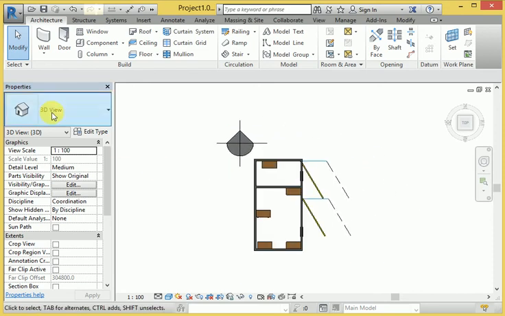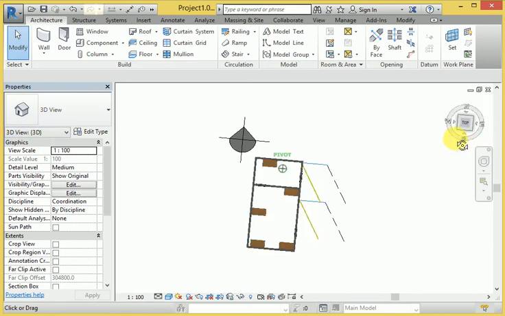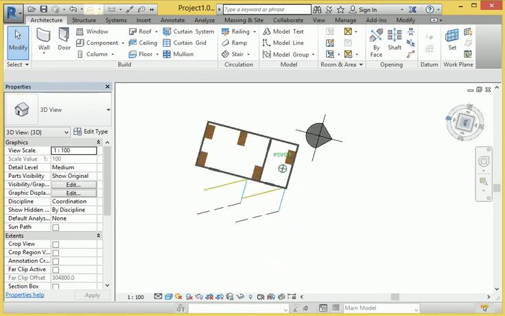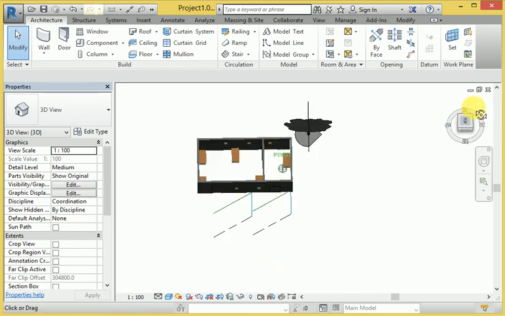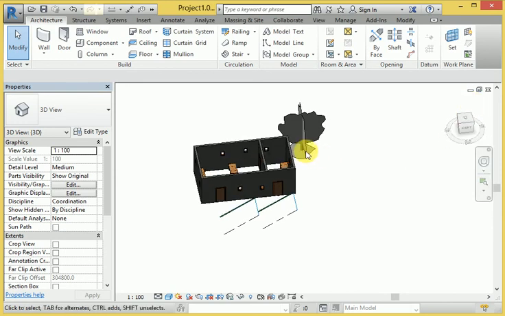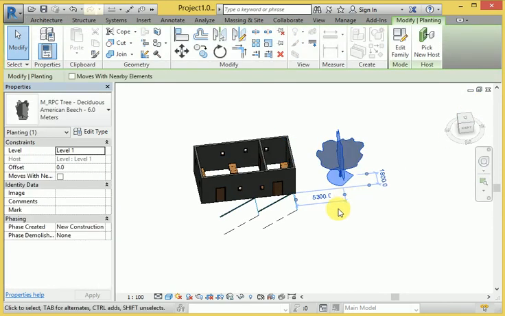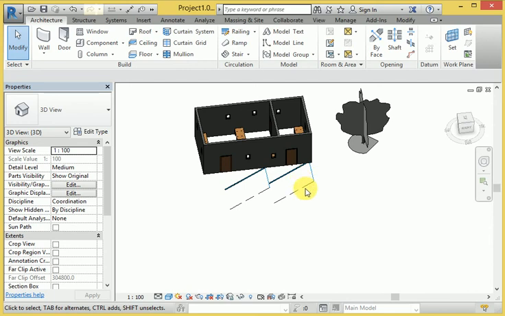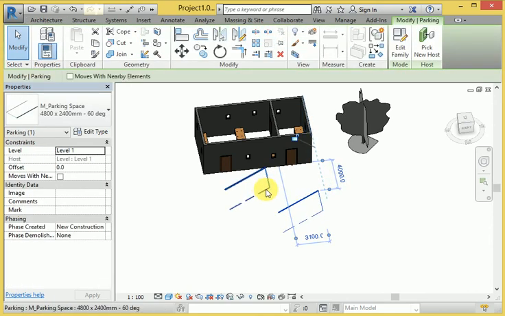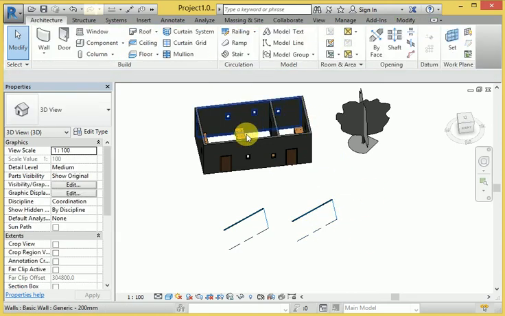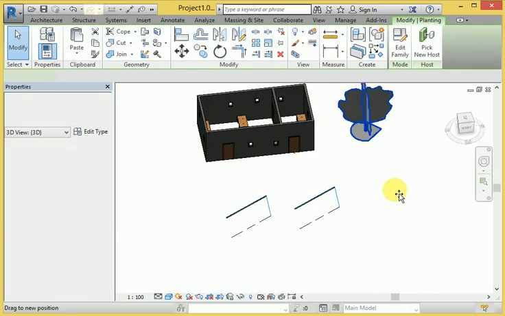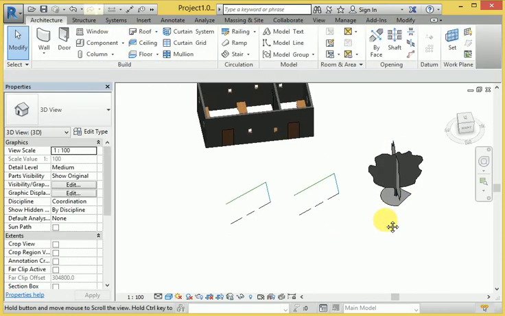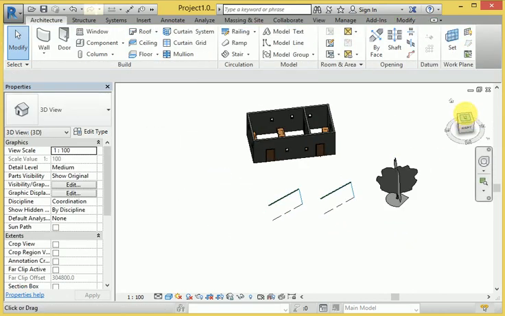I will show you how to see it in 3D. Here you can see the 3D view. So let's go to 3D here. This one has been applied in the 3D view. When I also want to change this particular view from top projection to isometric view, so it's like isometric. This is the tree here, and this is shaded here, the parking shade is available properly. This is the tree here. When I show you this one, and also change